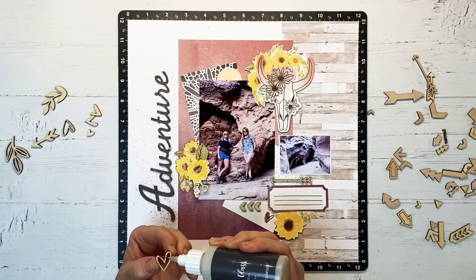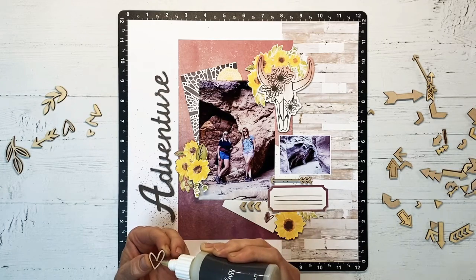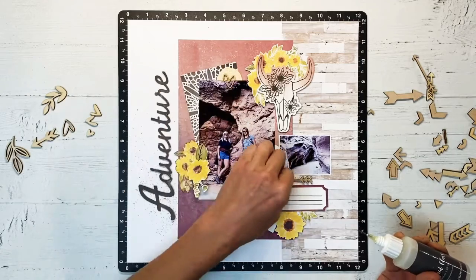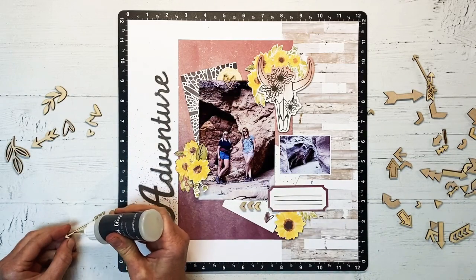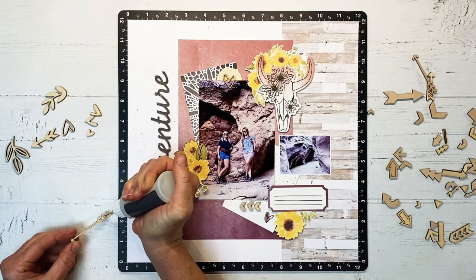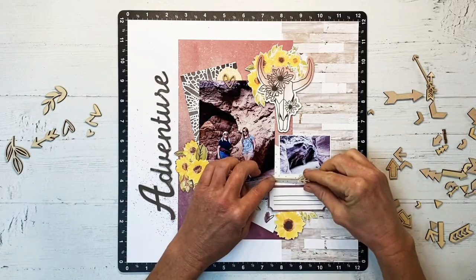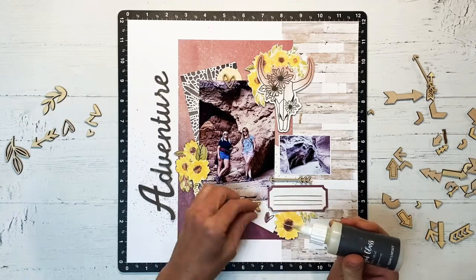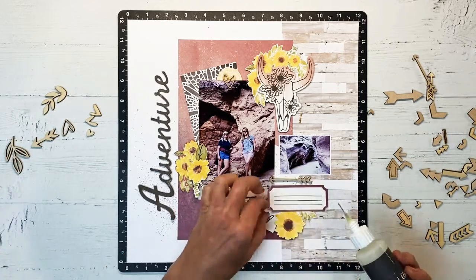I like to use the liquid glass with the fine tip applicator on my wood shapes to adhere those down. You want to be careful because it does have a glossy finish, so if you squish it all over the place, you're going to see that shine around the wood shapes. Occasionally it does get clogged up. I just use some warm water with the liquid glass, but the cap does have a nice pin, so make sure that when you put it back together that you line that pin up so it helps prevent the clogging